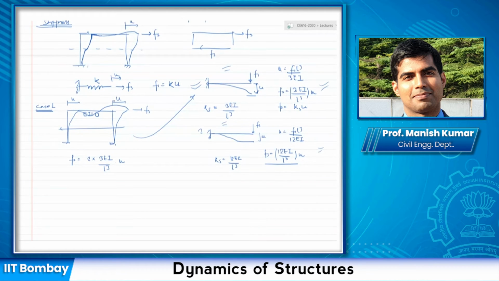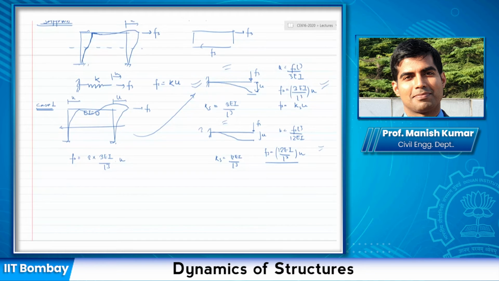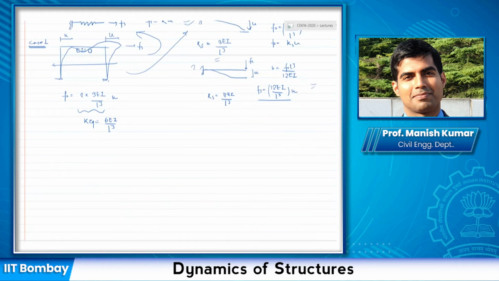So whatever the deformation, it is going in horizontal direction. Same would be the deformation at the leftmost end. And because I have two columns, I'm representing Fs as 2 times 3EI by L cube times U. So this is the stiffness in this case. If I have to represent this as a spring mass system here, I'm going to say this would have an equivalent stiffness of 6 EI by L cube. Is this clear to all of you? If you have any questions, let me know. All right.